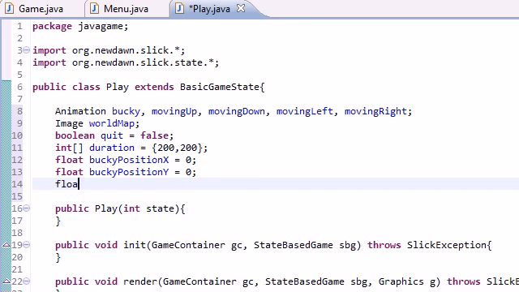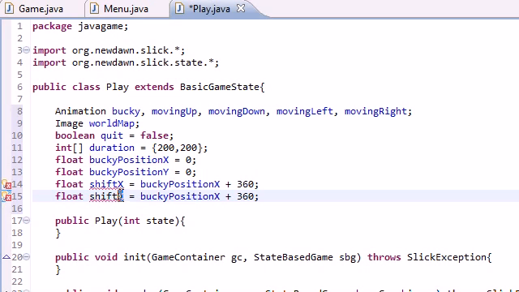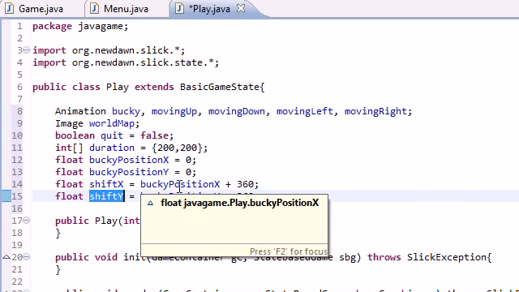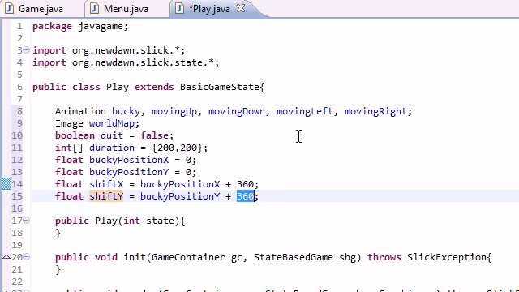Now, what I want to do now is put float shiftX, I'll do x first, x equals buckyPositionX plus 360. And let me go ahead and code these lines first, and then I'll explain to you guys what I'm doing. Y and Y. Alright, so basically what we're doing right here is we're setting up a variable to shift something 360, and also this should be 160, and this should actually be